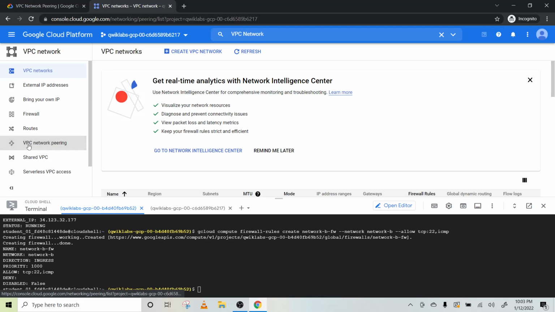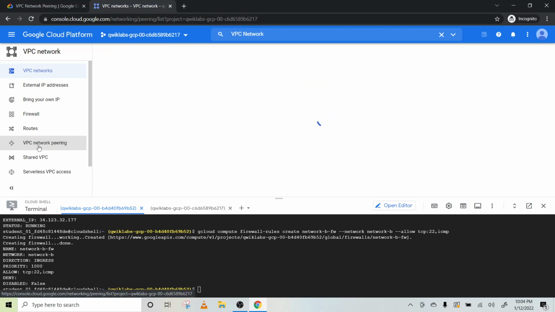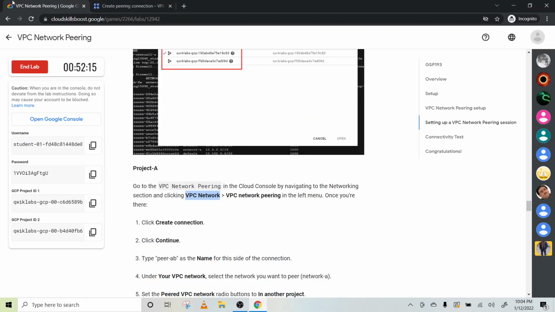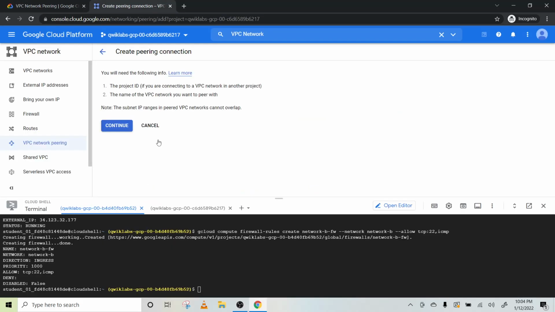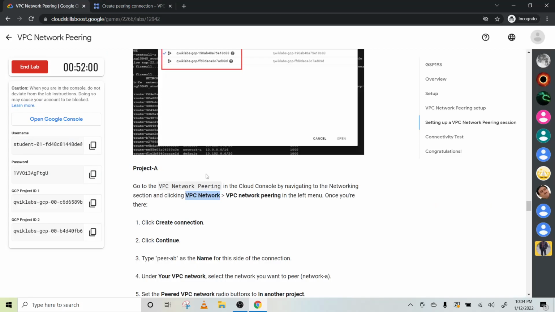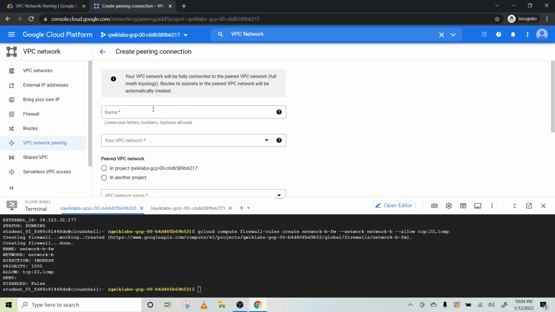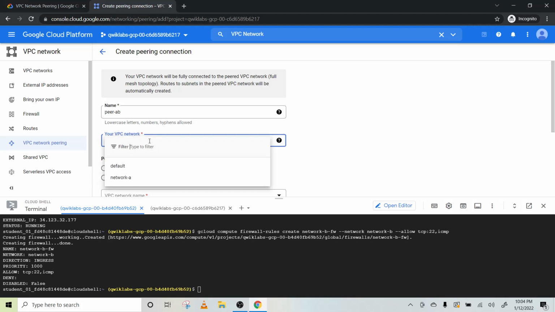Click this tab. Click on create connection and continue. Click on this continue button. Okay, type there peer AB, VPC network A.